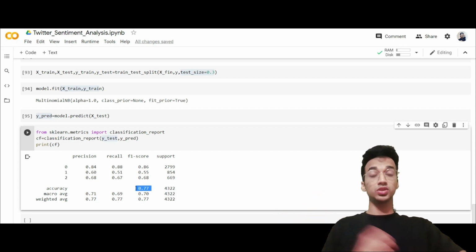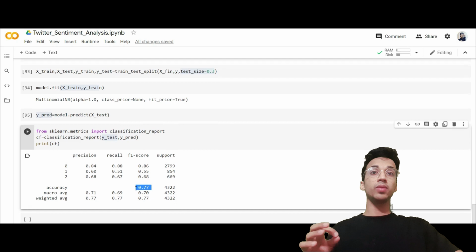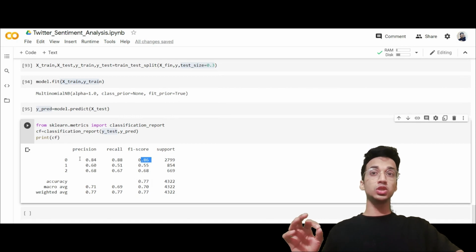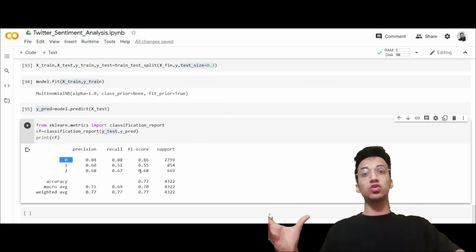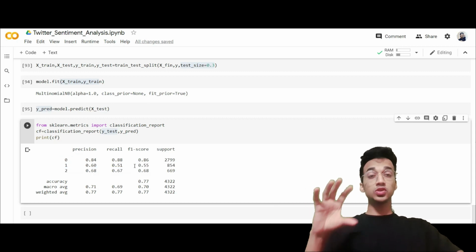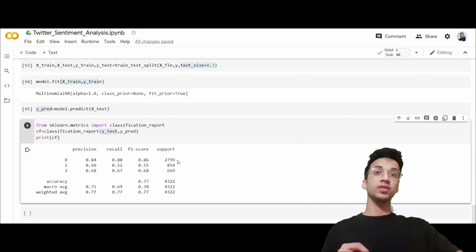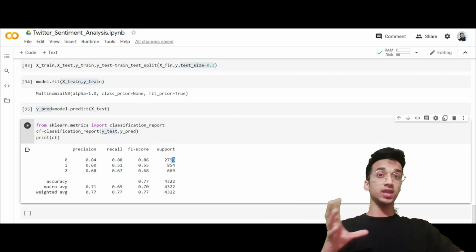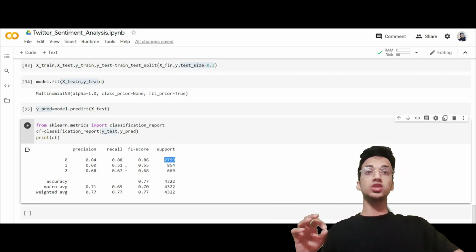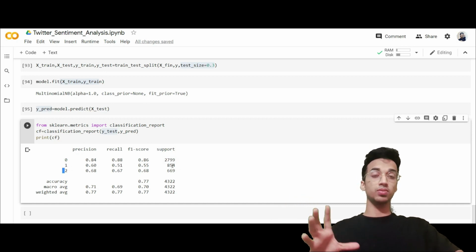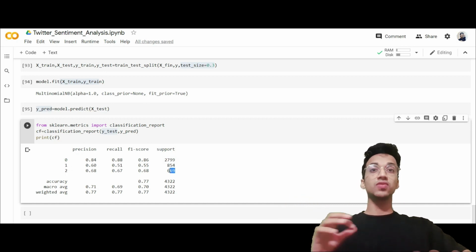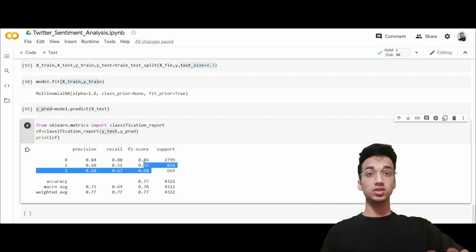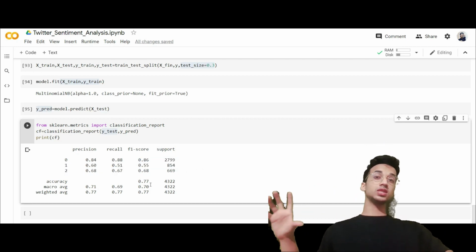and the average accuracy, which is 77%. You'll notice that it's performing better for one class, just your zero class, and it's not performing as well for the other classes, right? That is because the dataset is imbalanced. You can see the support column. The support column indicates how many instances of a particular class were used. For the zeroth class, you had 2799 examples, and for the rest of the classes, you had 850 and 660 examples. The dataset is imbalanced, that's why there's a difference in accuracy for different classes. And your overall accuracy was 77%.